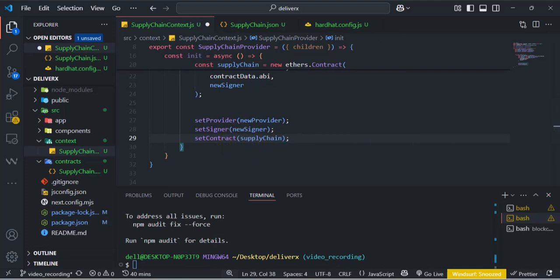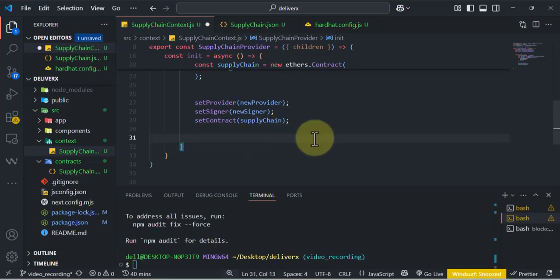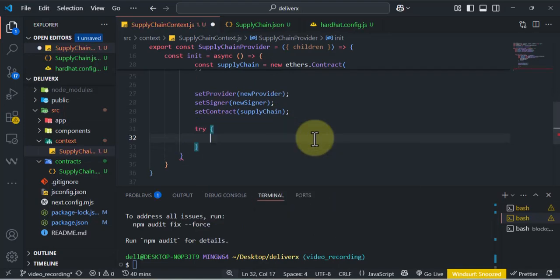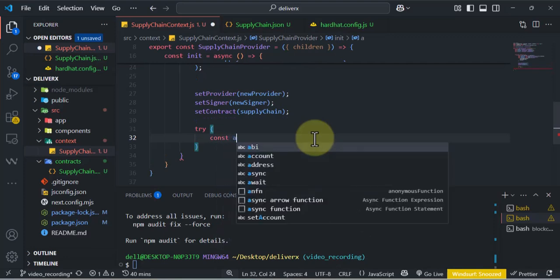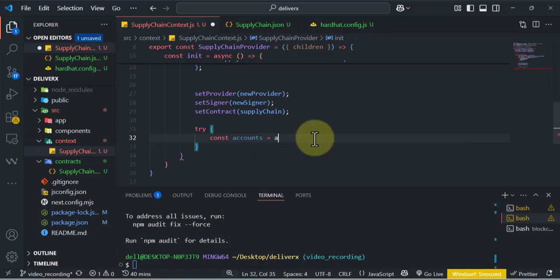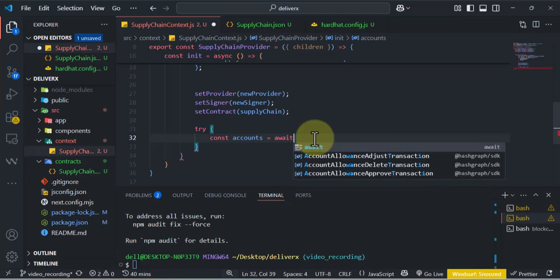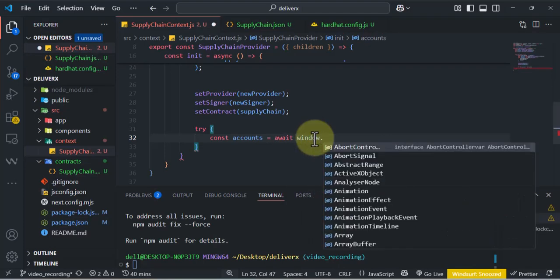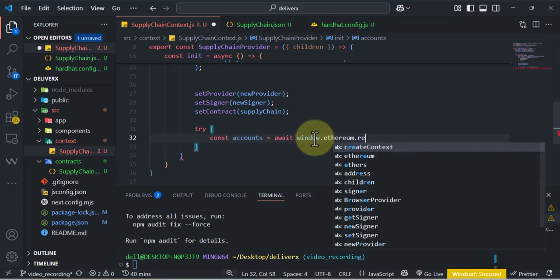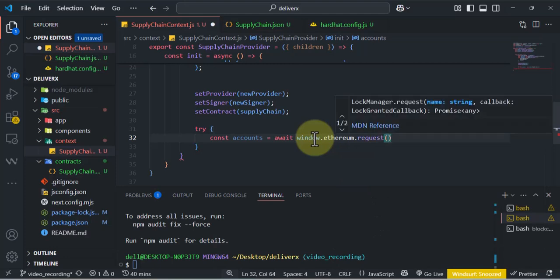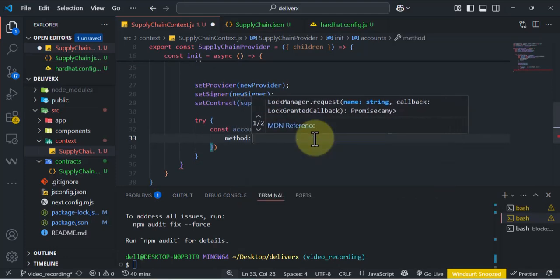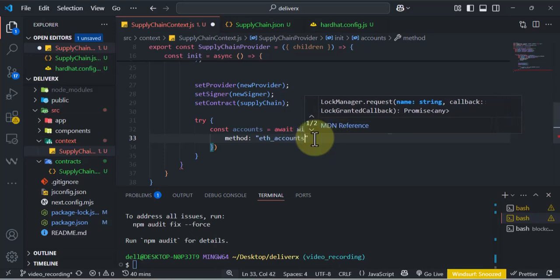Now that we have that, you also want to try and check if MetaMask is connected. You can just try to connect the user by default. But we are still going to allow them to connect their accounts, but instead of having to connect every time they refresh the app, let's just connect them by default. Ethereum.request. The method is eth_accounts,